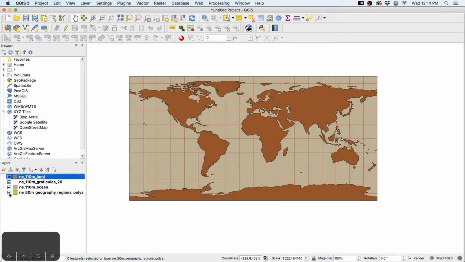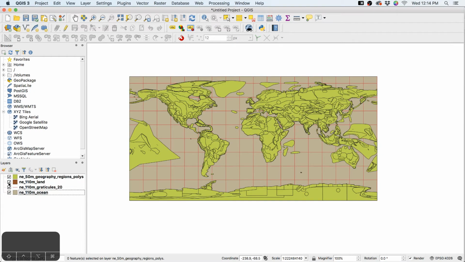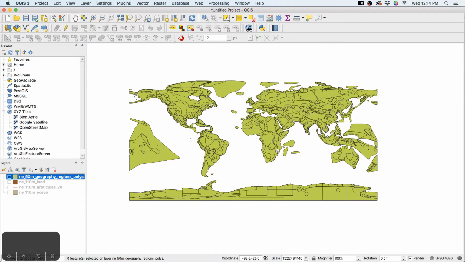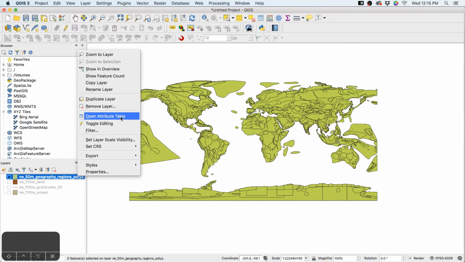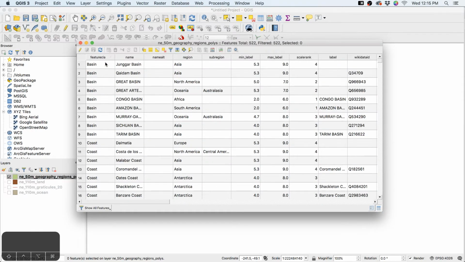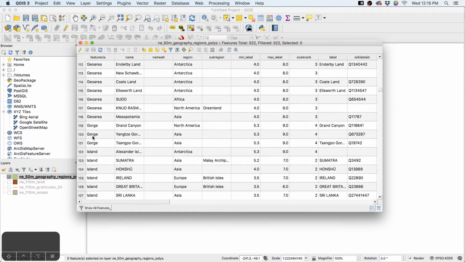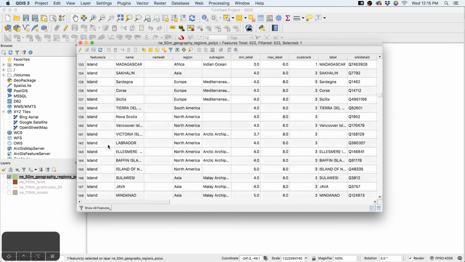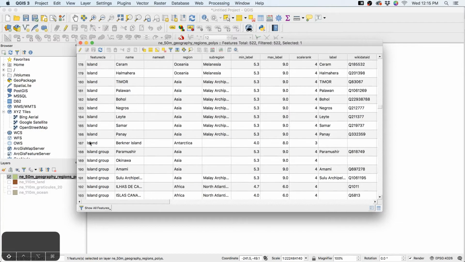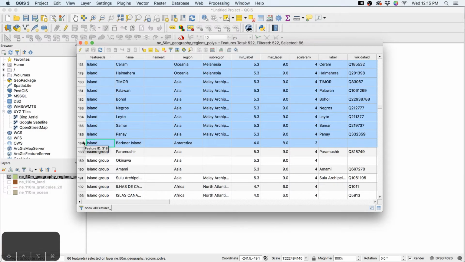What I've got in here is the Natural Earth Geographic Regions file. So it's got the names of mountain ranges and continents and everything. What I'd really like is just the names of some islands, though. So I'm going to go to the attribute table here and sort by feature class, and have a look for just the islands. This way I'll be able to load this into IndieMapper and label the island names so that my Illustrator file has those sitting there, so I don't have to look them up anywhere.